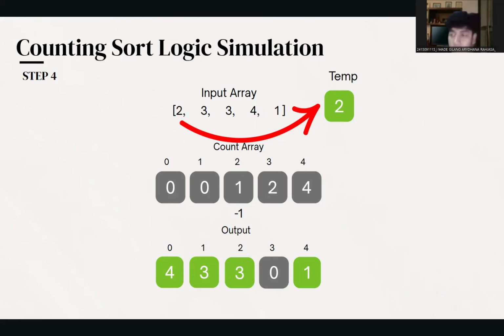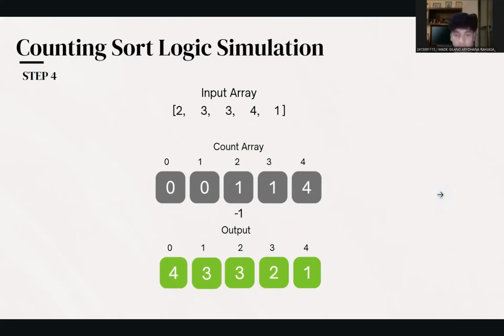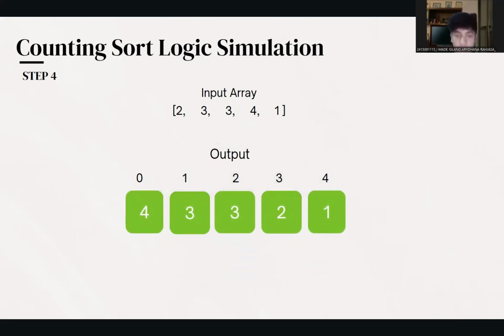So 4 minus 1 is 3. And then number 2 will be in the index number 3 in output. Next. Okay, next. This is the output. So this is the output we get. So the output will be 4, 3, 3, 2, and 1. Okay, next.